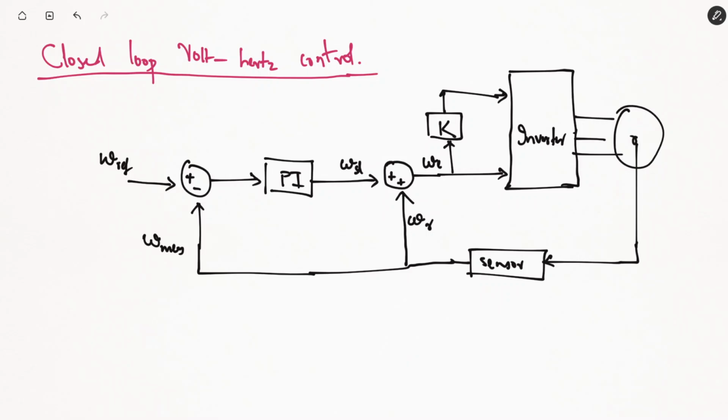So this is the closed loop volt hertz control strategy. अब यहाँ पे खाली ये डिफरेंस है कि instead of using an open speed response, you are having a closed speed response. What we are doing here is that we are comparing the reference value of speed and the measured value of speed, and through a PI controller we are obtaining the slip speed of induction motor. So this strategy is also known as slip regulation control.